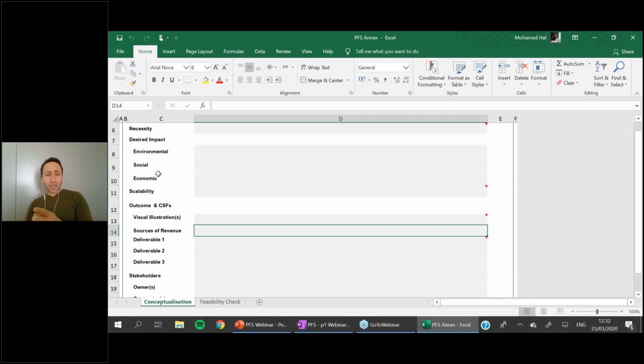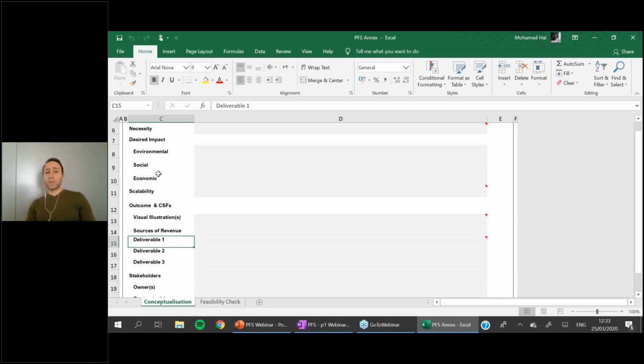And by the way, this is an element of how to develop a financial mechanism or a business model out of a project. This needs a totally separate webinar. This is going to be something out of the feasibility study context, and I'm going to take a note of this because that's a very important tool. How to make money out of your project, how to be creative in generating financial streams out of your project, okay? So, so far you have to start answering what source of revenues you have in mind